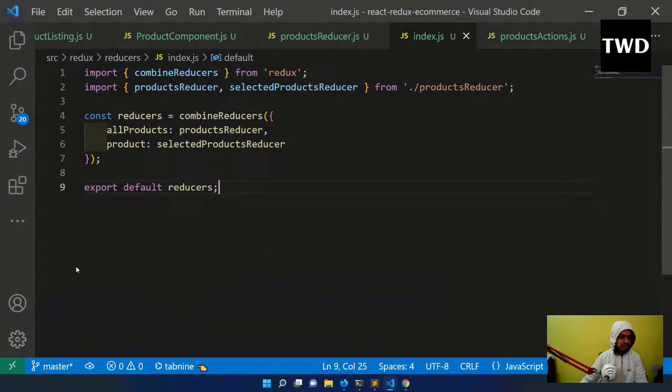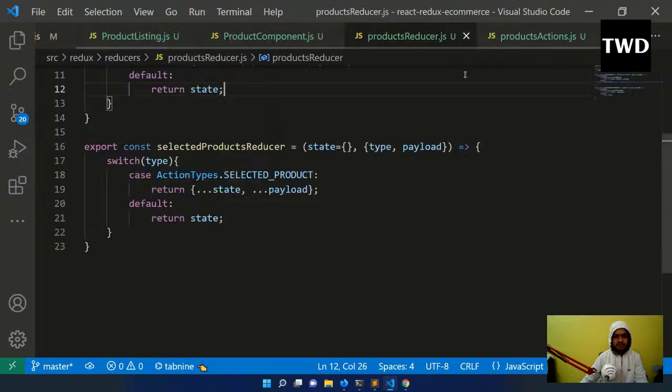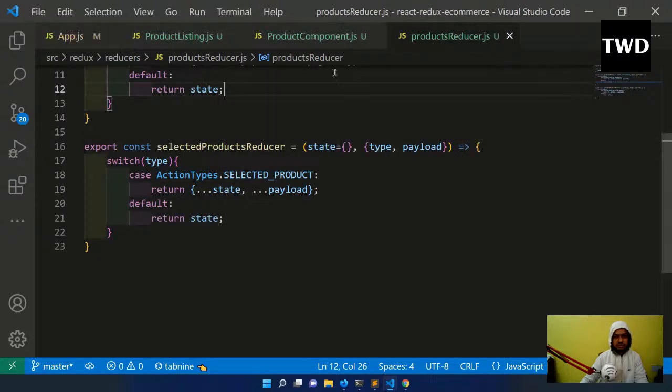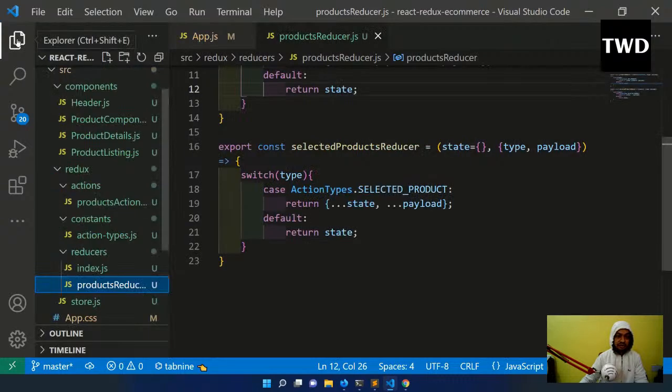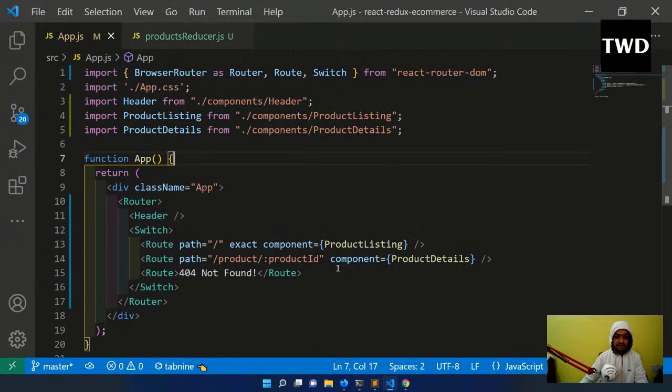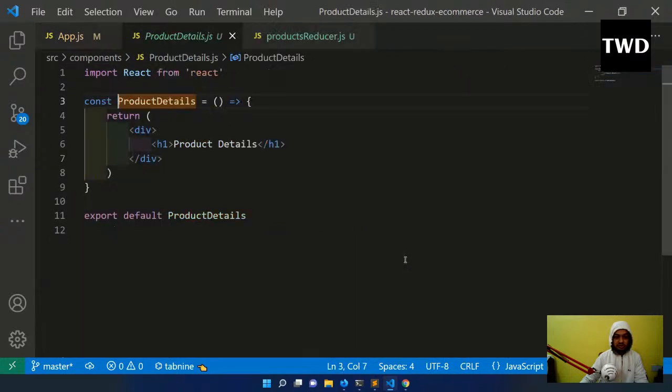Okay, so that is there. Product is selected product reducer. So now we have to make our product detail page. Let me close some of these things, because this app is opening the product detail page only. So let us open that. Product detail page is like this, and now